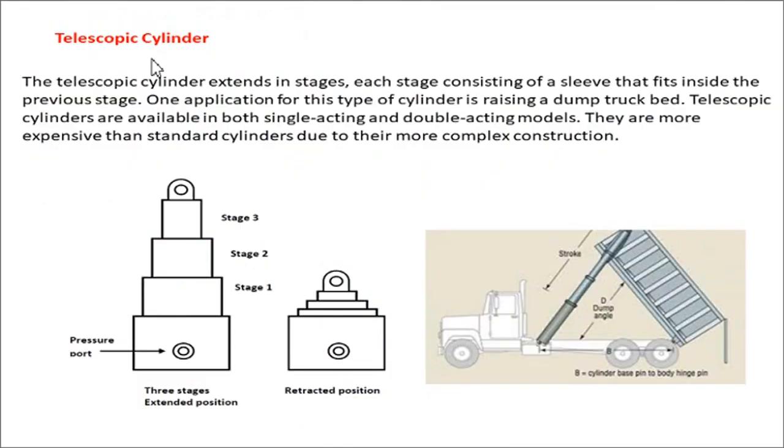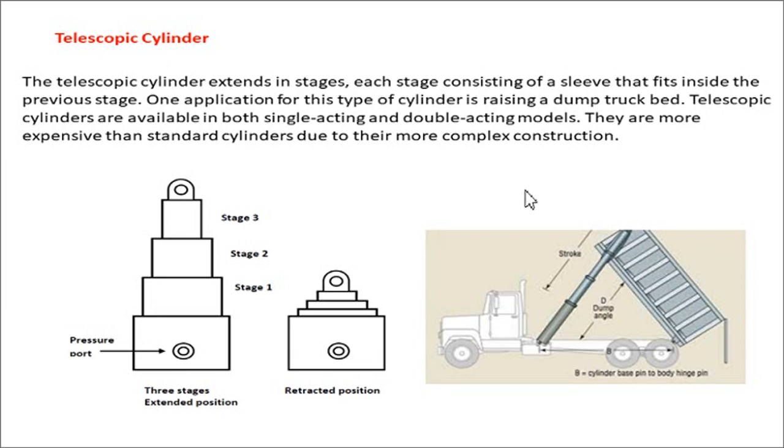So let us consider the telescopic cylinder. Telescopic cylinders usually have application in dumper trucks. Telescopic cylinders are used where you need a faster motion from a hydraulic arrangement. Usually hydraulic arrangements are slow. So whenever you want a quick response from a hydraulic system, the best way is to reduce the area of the actuator, and that gives the idea of a telescopic cylinder.